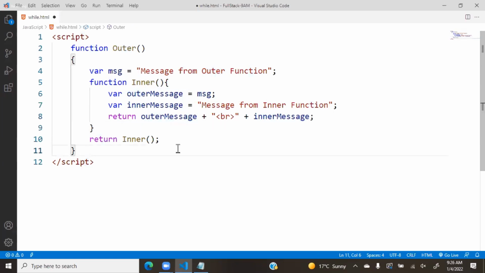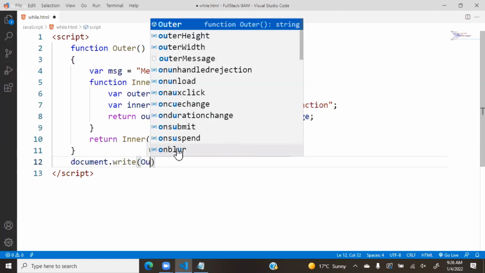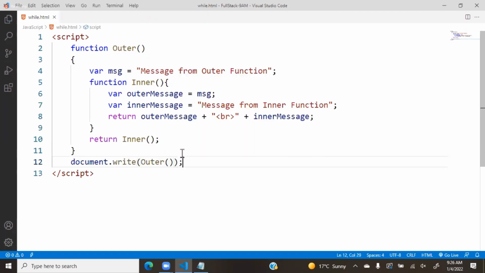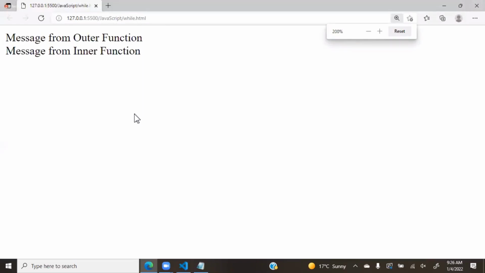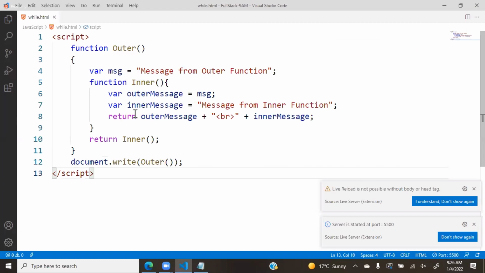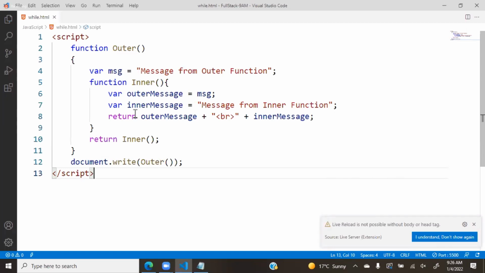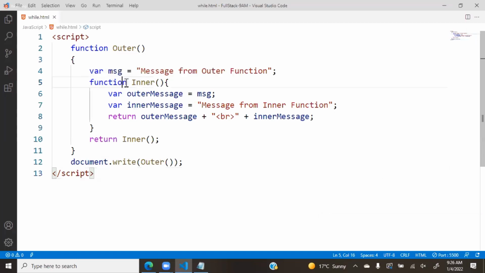That means we just have to put document.write here. What to write? Outer. Because that is used as a variable now, it can print the message from inner and the message from outer. Both will come. So directly, the members of the inner function are not accessible to outer. Then we use this technique, and this is called closure. That means we design the inner function in such a way that it returns a value and stores it in the reference,